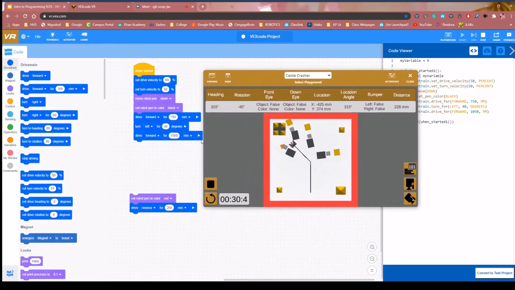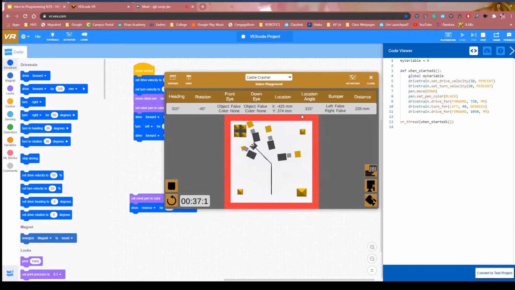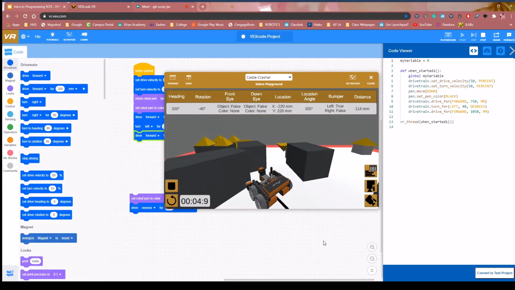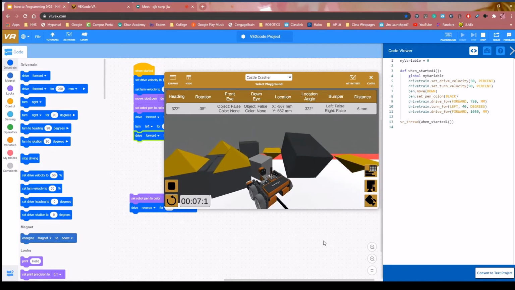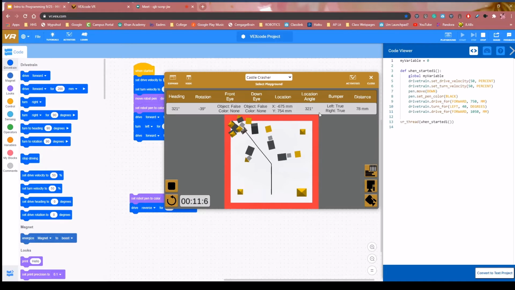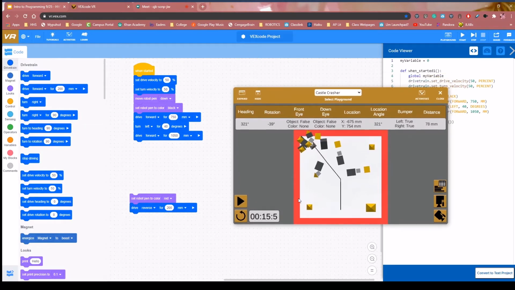And what's really nice is as you edit it in block code, you can see it also edits itself in the Python code viewer. There you go. Nice. Okay, Jacob, did you want to take it from here? I guess I can. So we've taken a look at that little Castle Crasher challenge, but